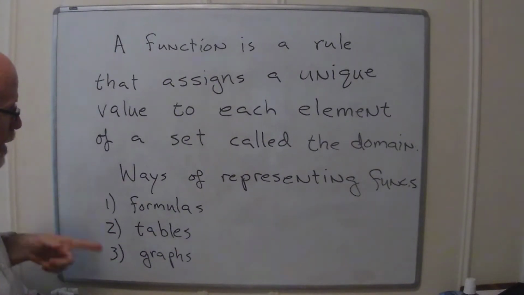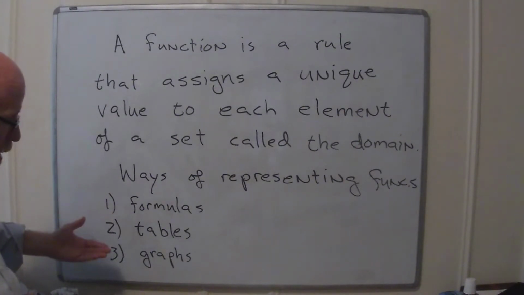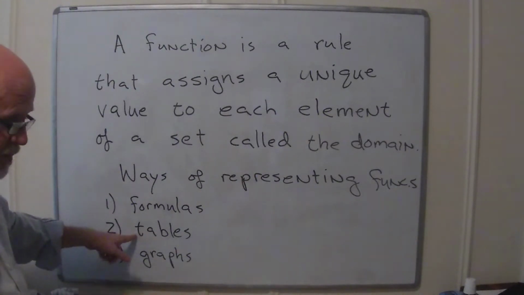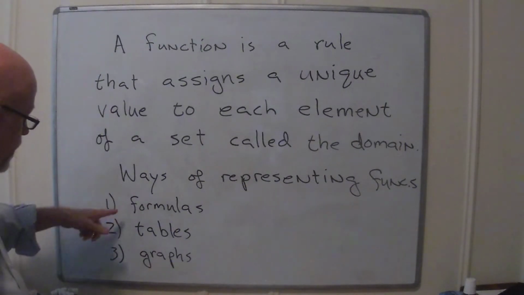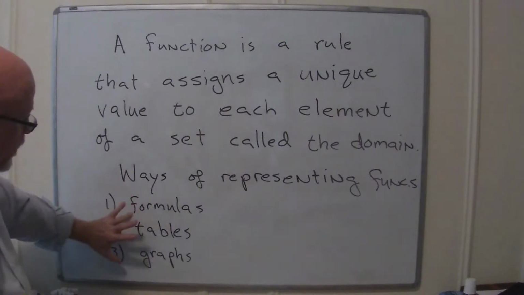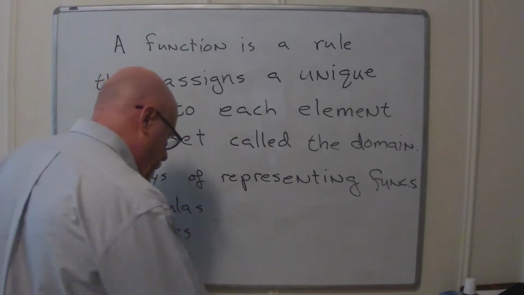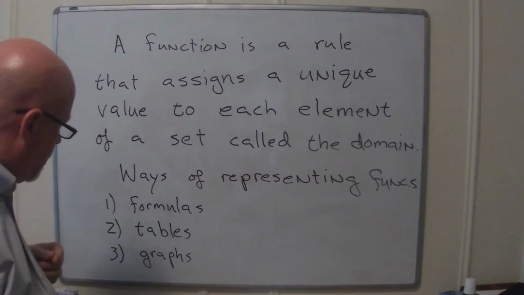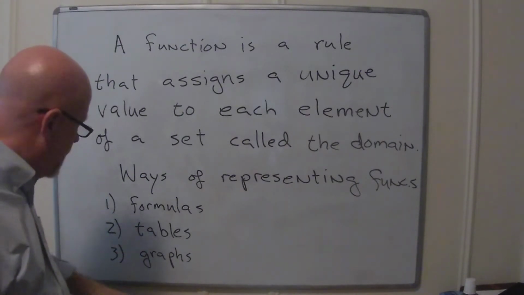Now, there's some problems with each of these. One thing is that formulas, tables, and graphs can all not be functions. It's possible to have a table that you can just look at and go, well, that's not a function, or a formula that there's no way to turn into a function. That is, these things can all have this feature of being inconsistent, which we kind of like to not have. I think I'm going to start off by trying to expose the flaws that can cause this sort of inconsistency in each of these schemes.